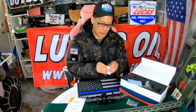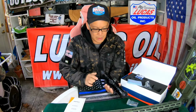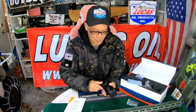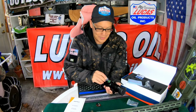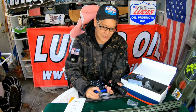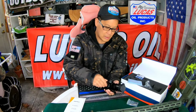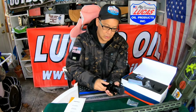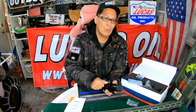So I'm going to open up one of these batteries. We're going to install it in here, and usually the area is right there. I've had a few items in my life, so I kind of know what I'm doing, sort of. So you just put that in, positive side on that side. It tells you there's a plus sign there. We just slide it on here, and I am going to check out how the reticle looks, and I believe this is also red or green illumination, along with a...